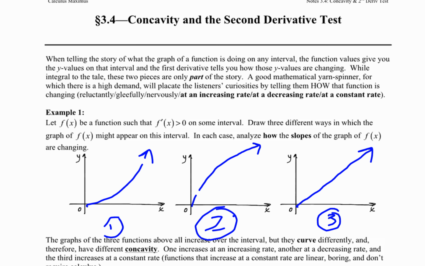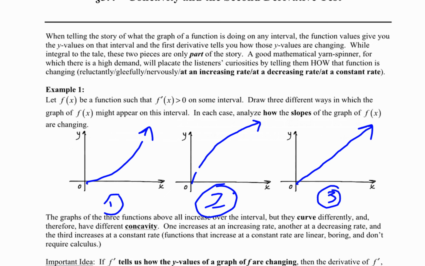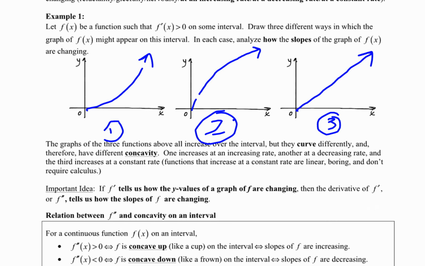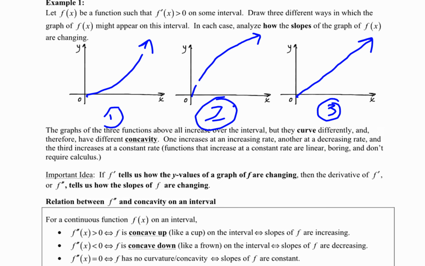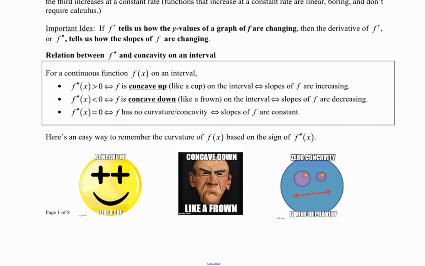If f prime, the slope, tells us how the y values of f are changing, then the second derivative tells us how the slopes are changing. Here's a good easy way to remember it. Concave up like a cup. If it looks like this, it's concave up. Concave down like a frown. Or zero concavity, curve depravity. If it's really flat and boring there, if the slopes aren't changing, the slopes are constant, then there is no